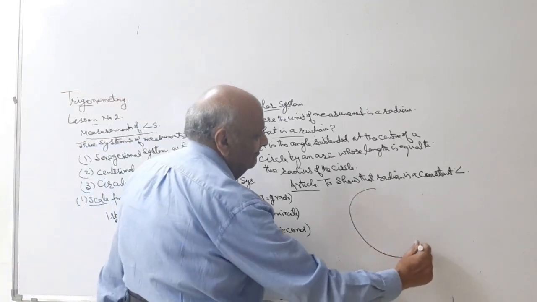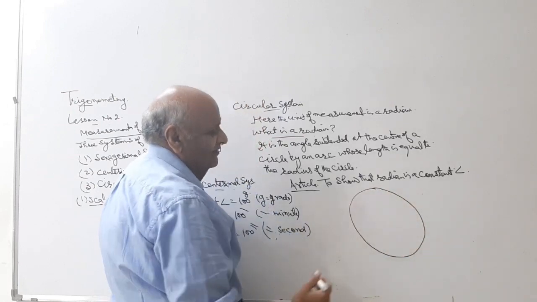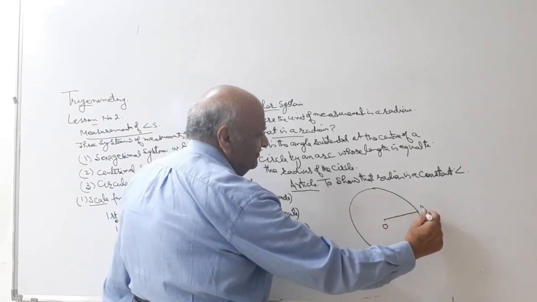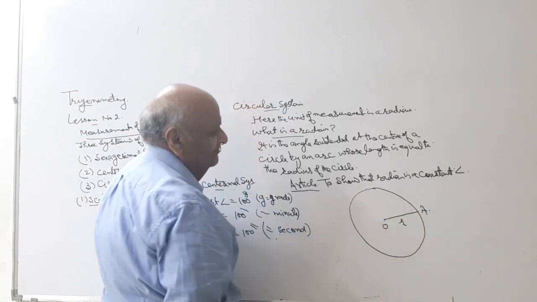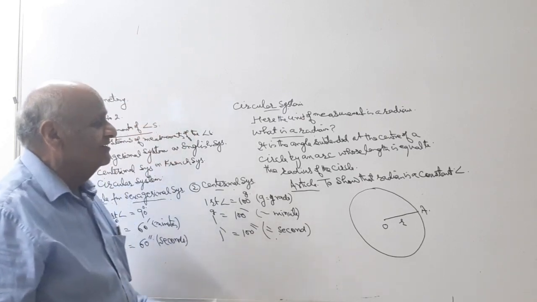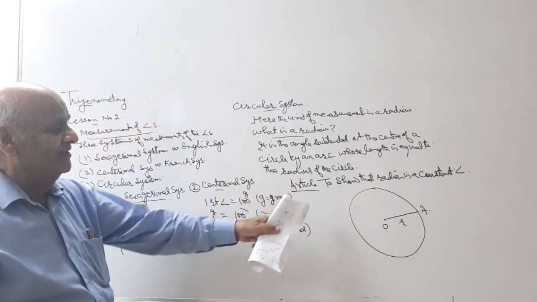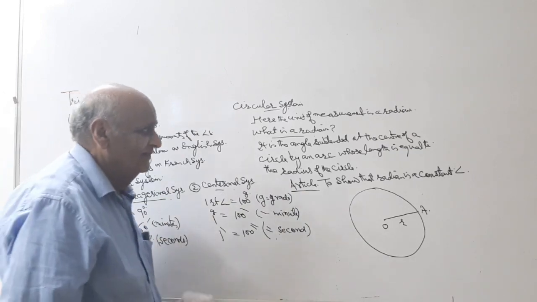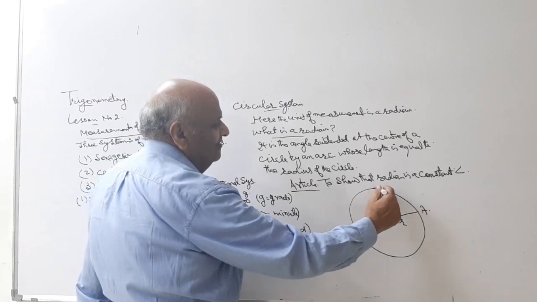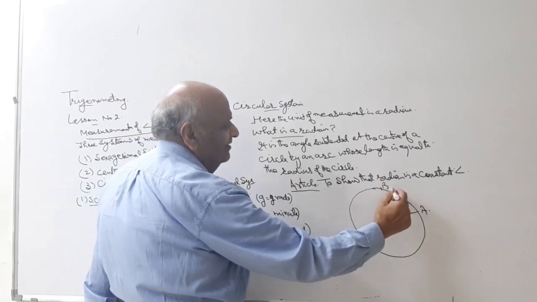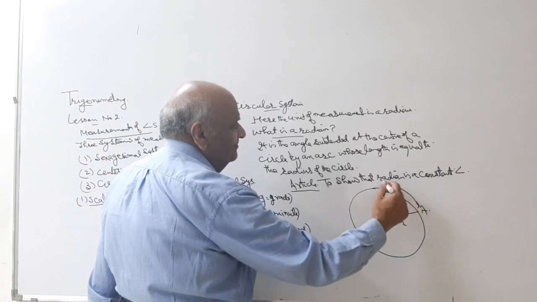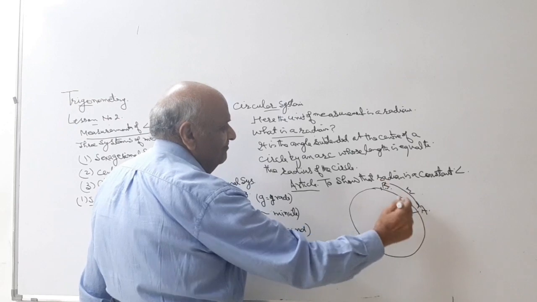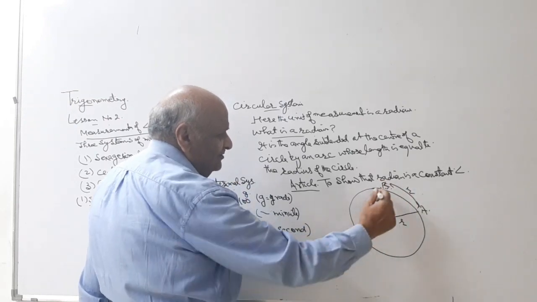We have a circle. Draw a circle with the center O, radius OA is equal to R. Our problem is to check also what is the radian. See, we have a circle with the center O and radius OA is equal to R. Cut off arc AB, this, is equal to R. Cut off this arc AB is equal to R, join OB.